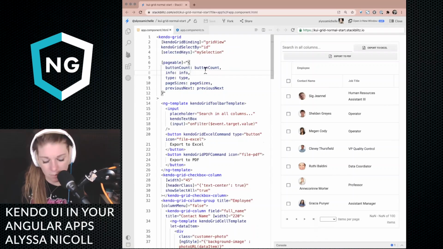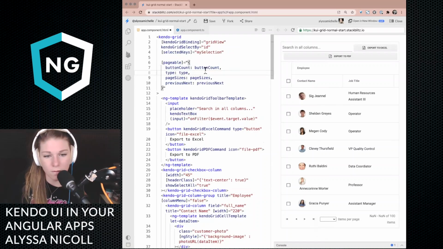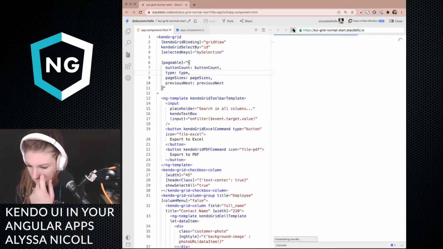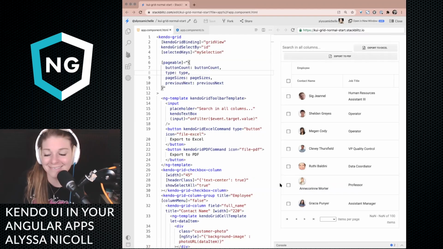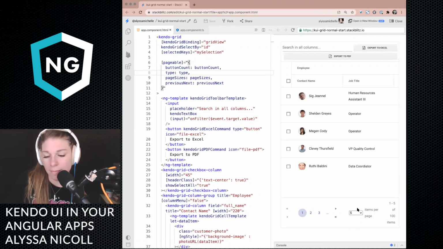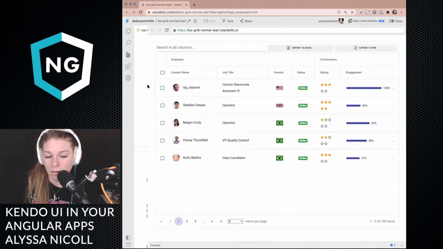I don't want the info. So I'm going to remove it, save and refresh. Of course, I cannot get it working. Well, I think it might actually have something to do with my styles.